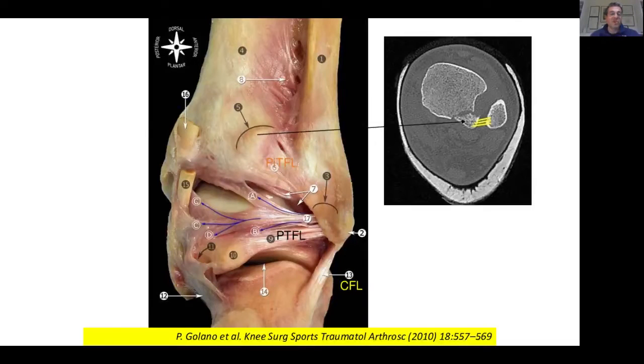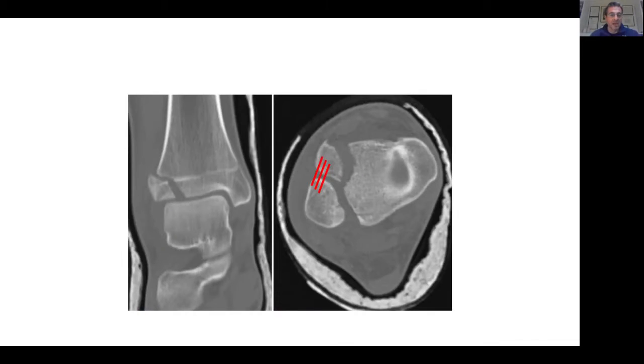And what you can see on the CT image I've put up there is that the PITFL is attached to what we call the posterior malleolus, which is a projection of bone, really. What is the malleolus, really? And this avulsion affects the syndesmosis, as you can see, whilst on the anterior aspect of the tibia, a similar avulsion can occur. This is a quite large fragment here in this example I give you. Usually they're smaller, and that affects the syndesmosis as well.